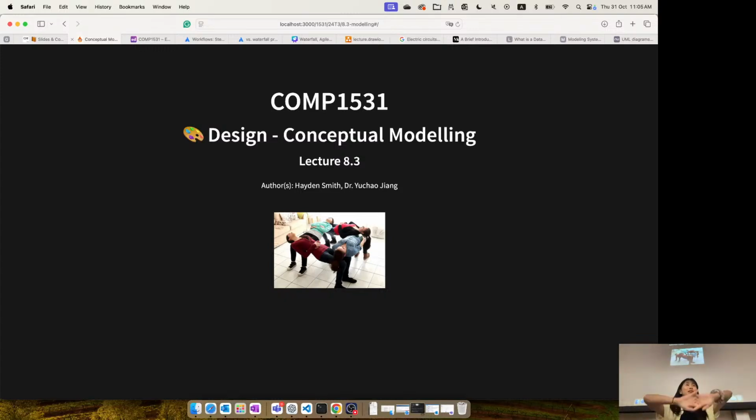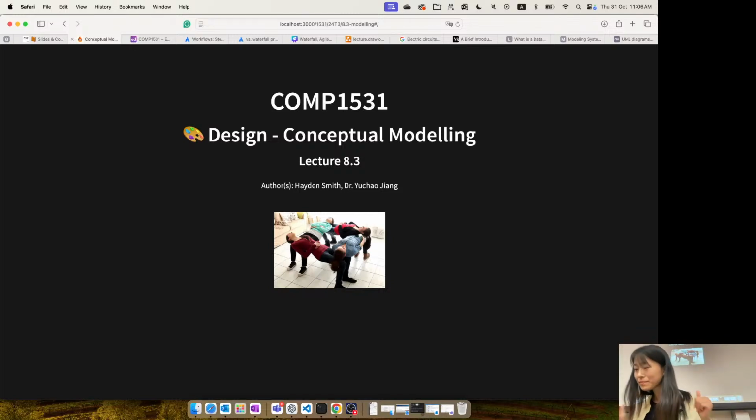So if you haven't started iteration 3 yet, try to get started. We'll have the lecture on iteration 3 next Tuesday. It's better that you have a look at the spec and assign some tasks to your team members, and then you may have some questions. You can bring those questions to the lecture next Tuesday and ask. It's a better way of learning, rather than having no idea about iteration 3 and then going to the